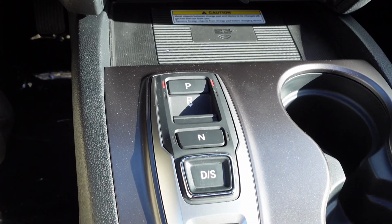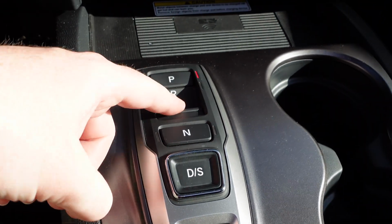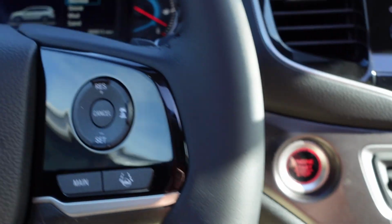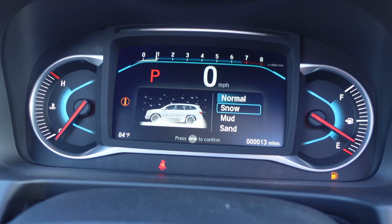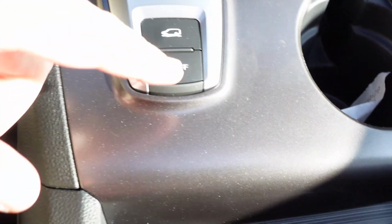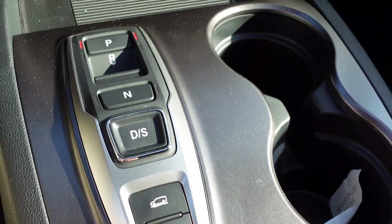And then coming on down, you have your electronic shifter that has park, reverse, neutral, and drive. You have your drive mode options right here, which I'll take you up to the center. You have your normal, you have your snow, you have your mud, and your sand. Very nice. Coming on down a little bit further, you have your auto stop start option off button, 2 cup